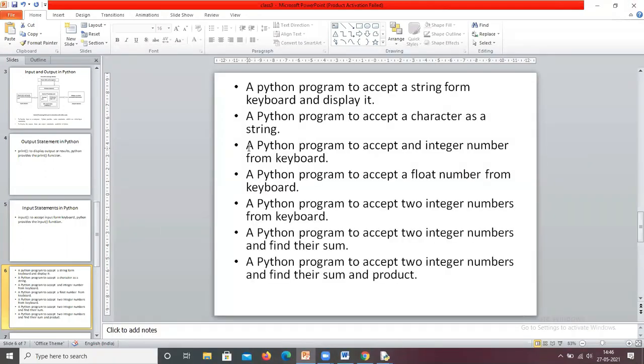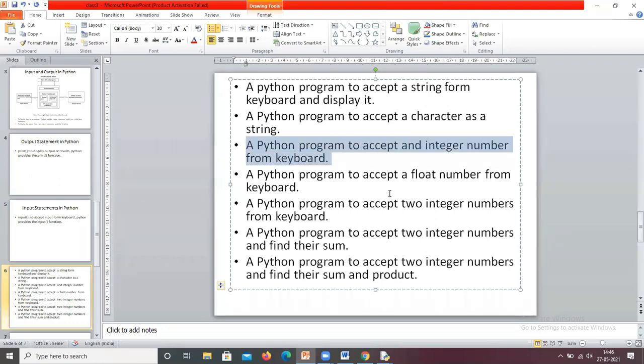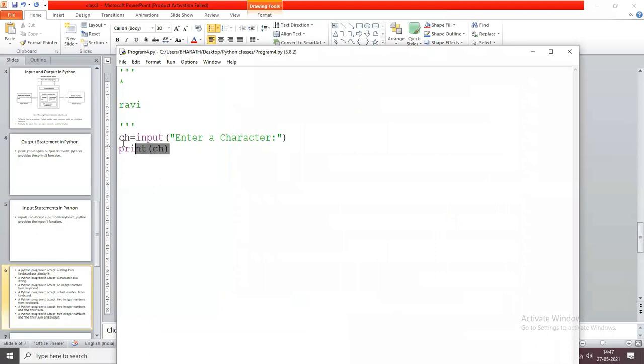Okay, and similarly, a Python program to accept an integer number from keyboard. I hope you all know. And similarly, a Python program to accept a float number from keyboard. A Python program to accept two integer numbers from keyboard. Now we see this program. Two integer numbers, one is a, another one is b. Let us assume, a equals int of input.